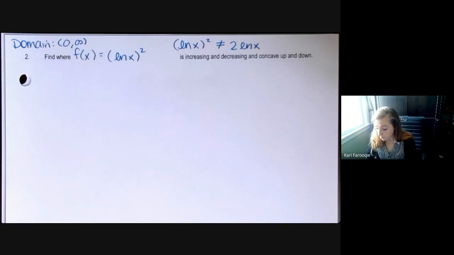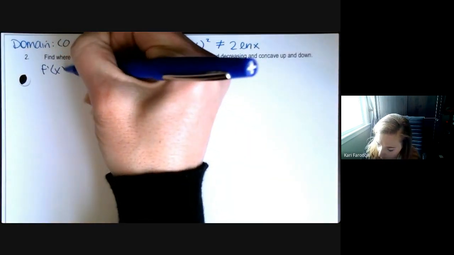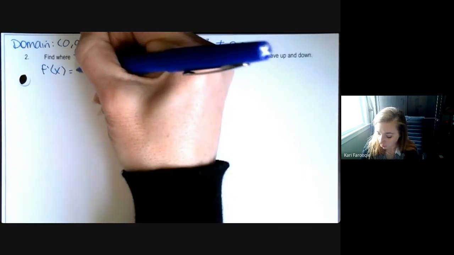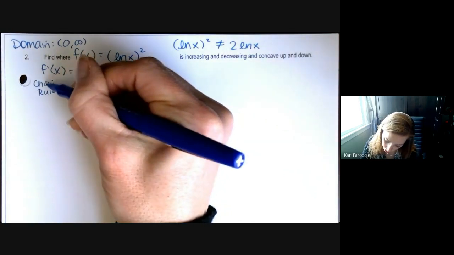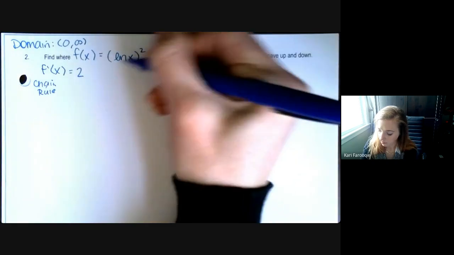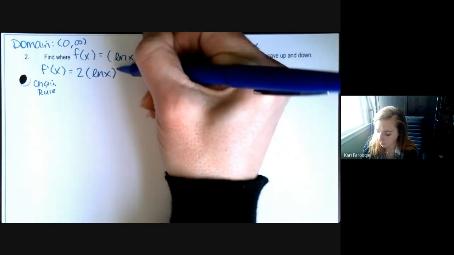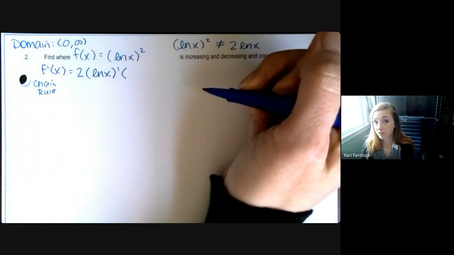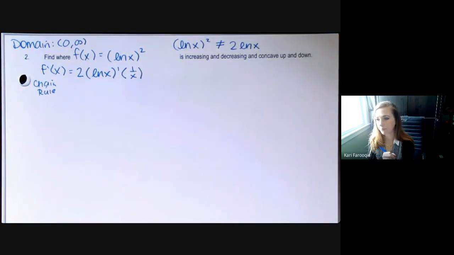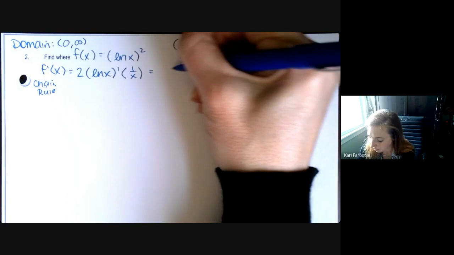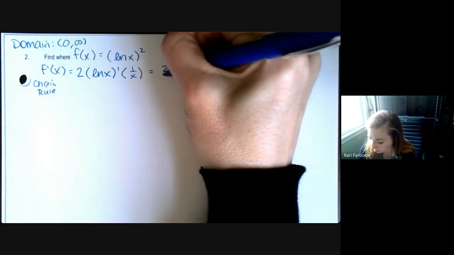If I'm looking for intervals where it's increasing, decreasing, concave up, concave down, I need a first derivative and I need a second derivative. And I need to write really small because I've got to fit all of this in this space. So I'm going to take f prime of x. I'm going to bring my exponent down, use the chain rule. Twice ln x to the first power, multiplied by the derivative of the inside function. The derivative of ln x is 1 over x. So f prime is 2 ln x